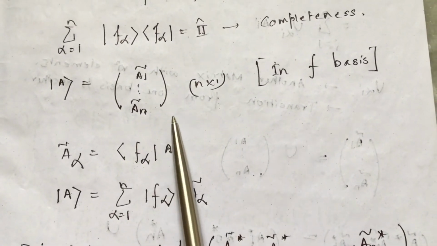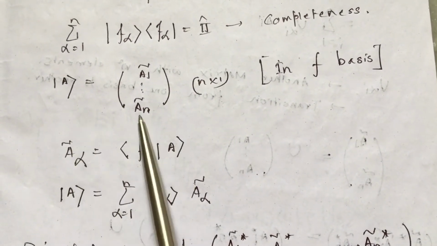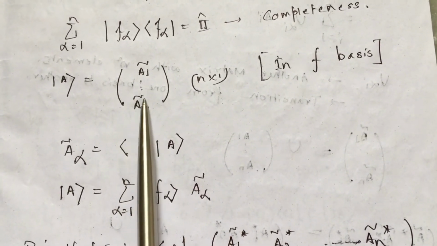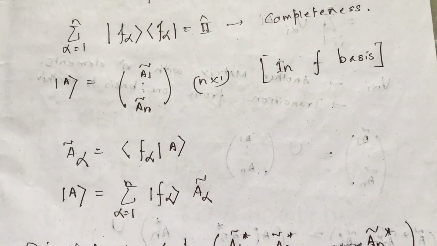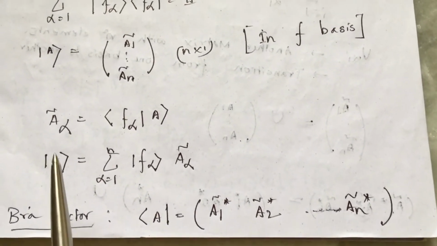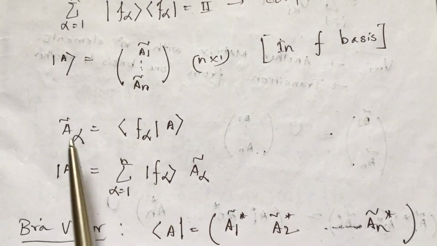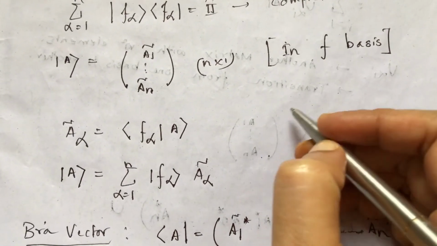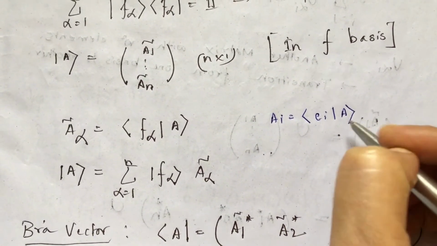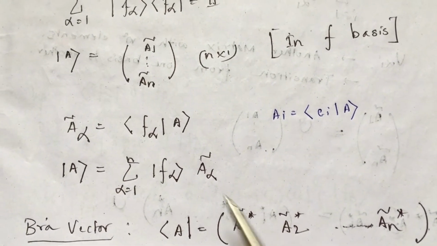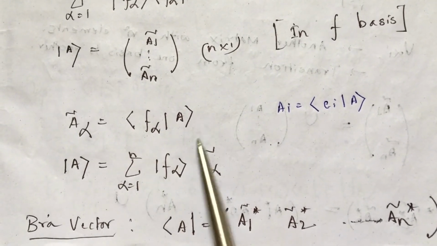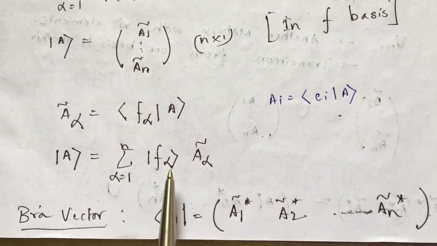Now in this f basis, my ket vector is written as ã_1, ã_2, up to ã_n. This tilde sign is just to tell you that we are now in the f basis. As we have done earlier, for a_i we wrote that a_i equals ⟨e_i|A⟩, which is in the basis e_i. So for the f basis we can write any component ã_α similarly like this, and completeness will give me that